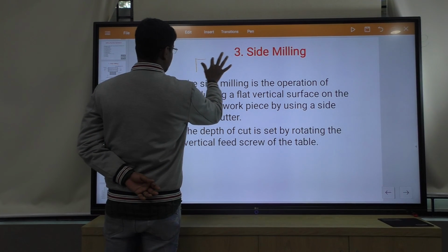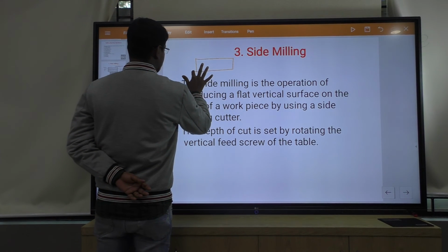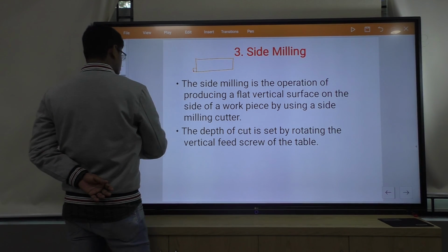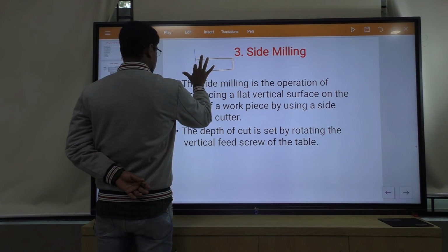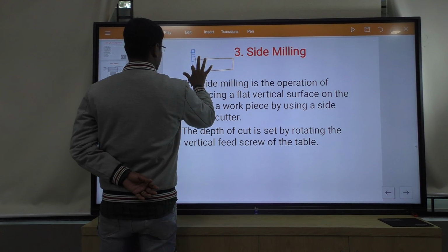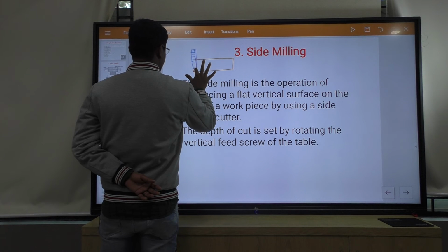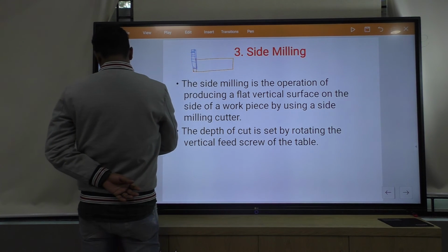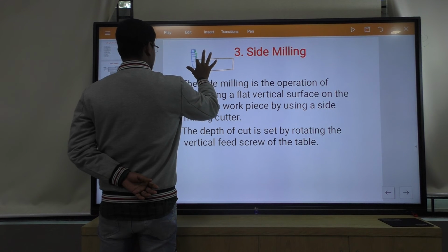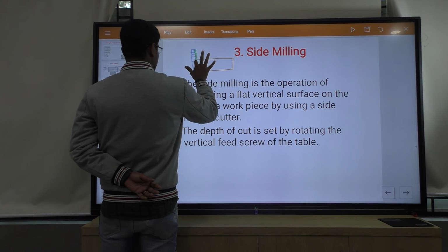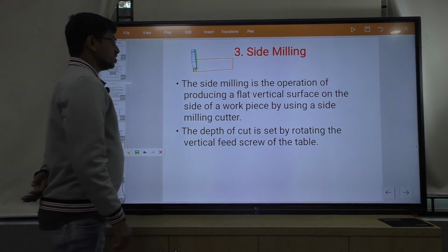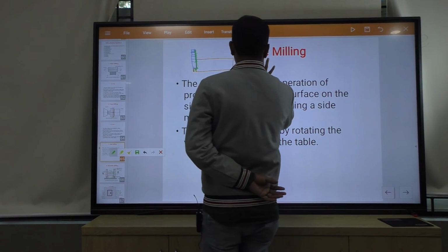If this is a workpiece and this is the cutter, on the cutter, this surface should have teeth and periphery. Means side milling cutter